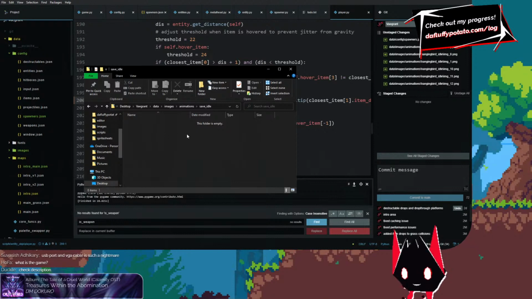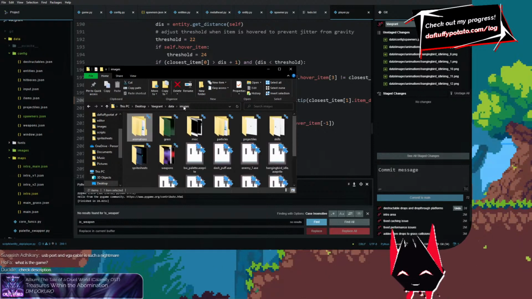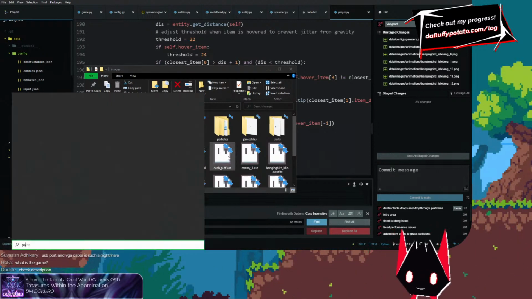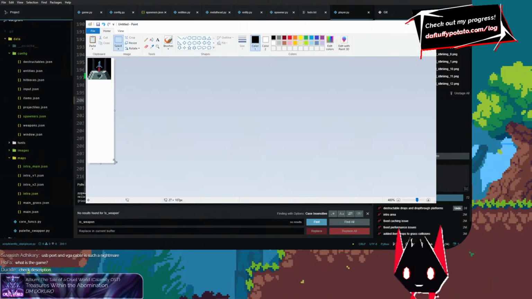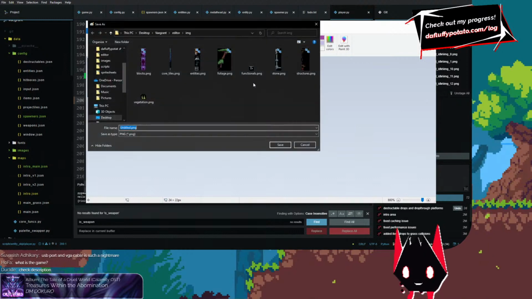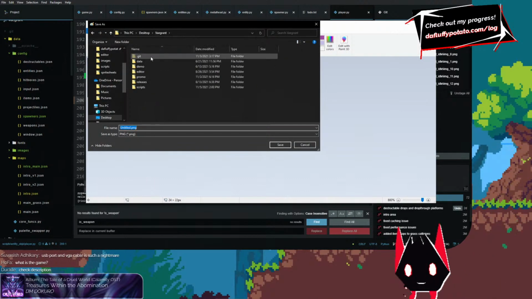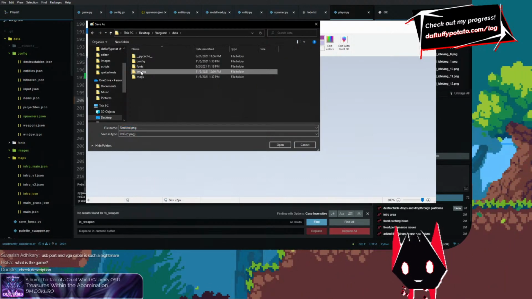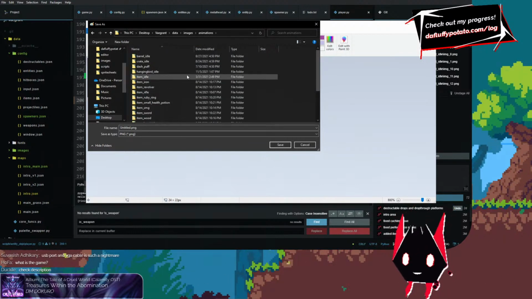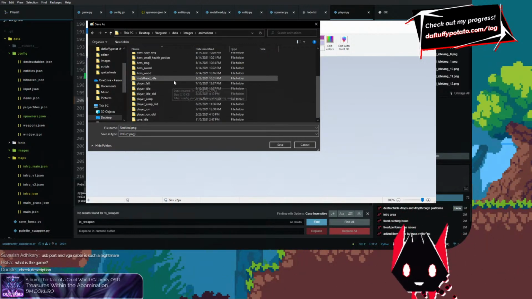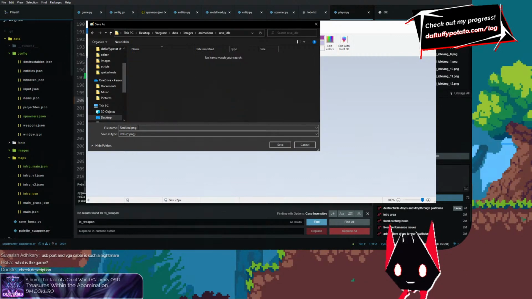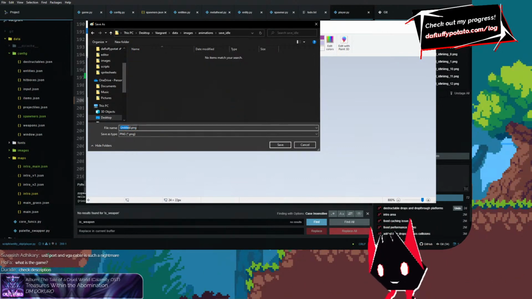Come on. I just want to paste. What? Where? Oh, gotta do this. And I hit save, and then I go vagrant data, images, animations, and now in save idle I can do image0.png,